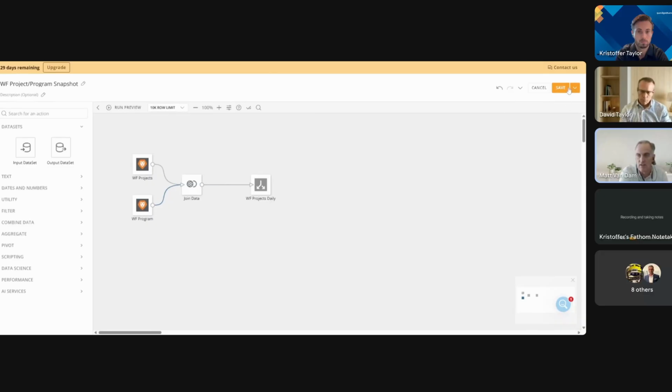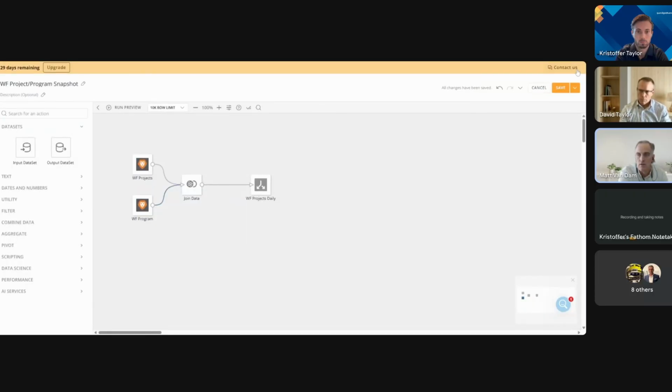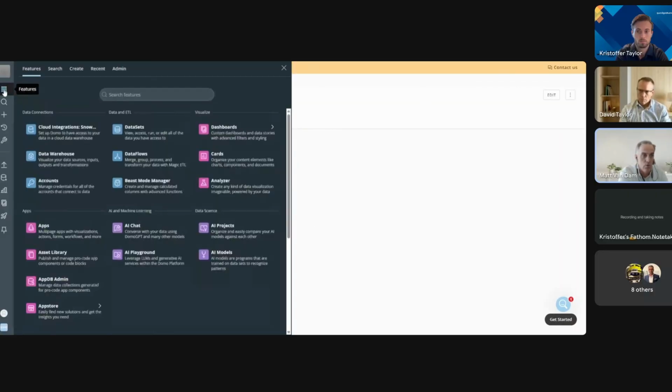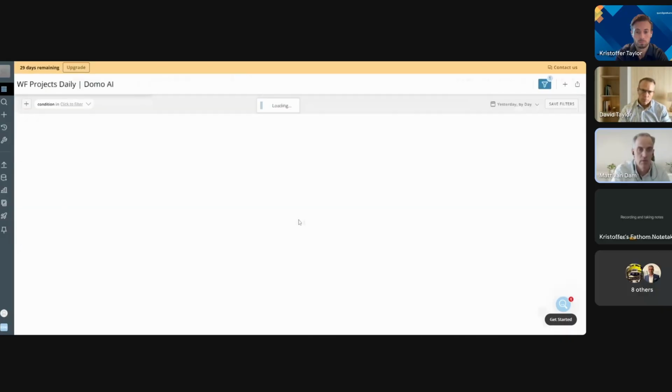So I'll go ahead and save and exit out of this area. Oops, let me exit also. And then we'll come back to the dashboard. So now you've seen the data coming in, where it's stored in the warehouse, and some of the transformation that can happen with it. Let's go ahead and look at that